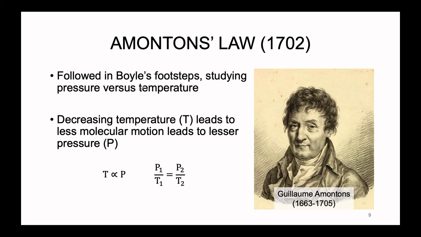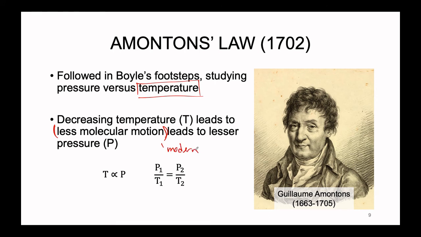Amontons wanted to understand what the relationship was between pressure and temperature, since Boyle had stated that his experiments all took place at constant temperatures. What happens if you vary that? What Amontons found is that the decrease in temperature led to what we now understand is less molecular motion, but he found that it led directly to a lesser pressure. So this description of less molecular motion is more of a modern means to understand